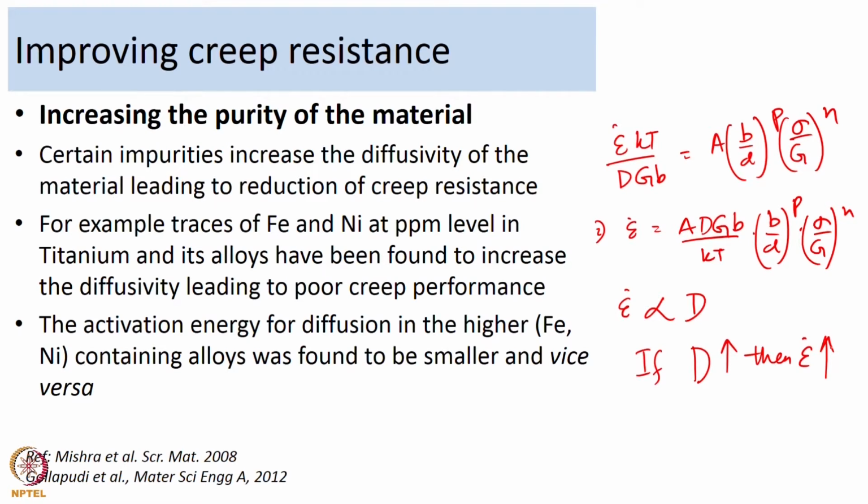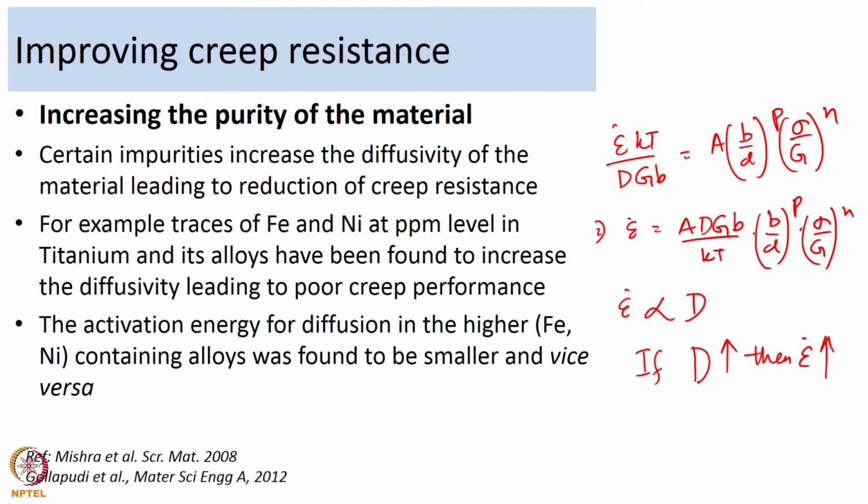For example, even impurities such as iron and nickel at trace levels, that means even at ppm level, when they are present in titanium, have been found to increase the diffusivity of titanium, and in turn that leads to poor creep performance, because the moment your diffusivity increases, your strain rate of deformation also increases. So, elements such as iron and nickel, even in small quantities, tend to deteriorate the creep